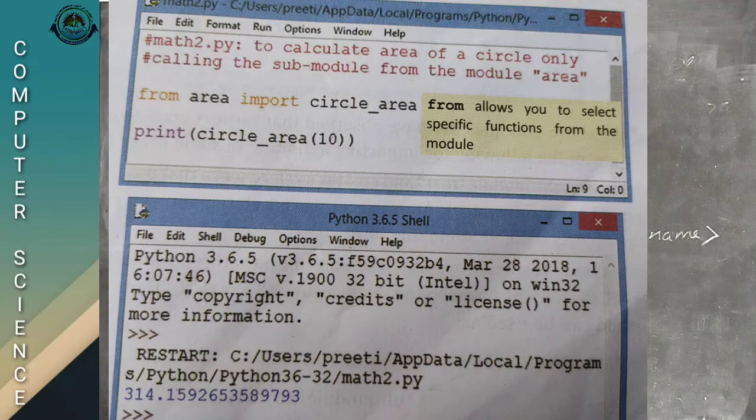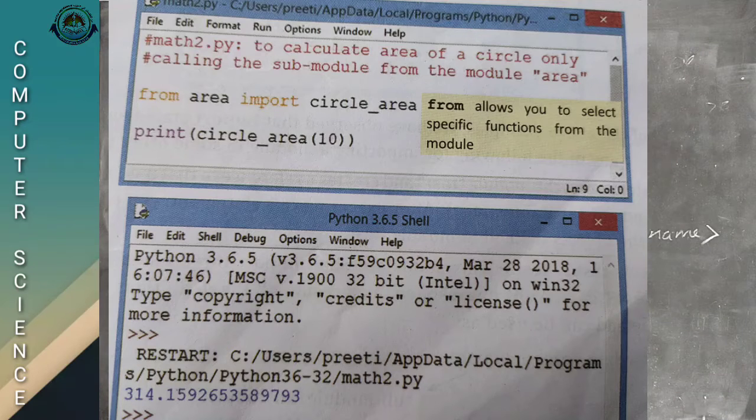Rectangle area and square area we are not discussing here. Here we imported only circle area. From area import circle area, print circle area of 10, which means the value of radius is 10. Our aim is to calculate the area of a circle only. For that we imported circle area from the main module area, and after that we gave one statement, print circle area of 10.